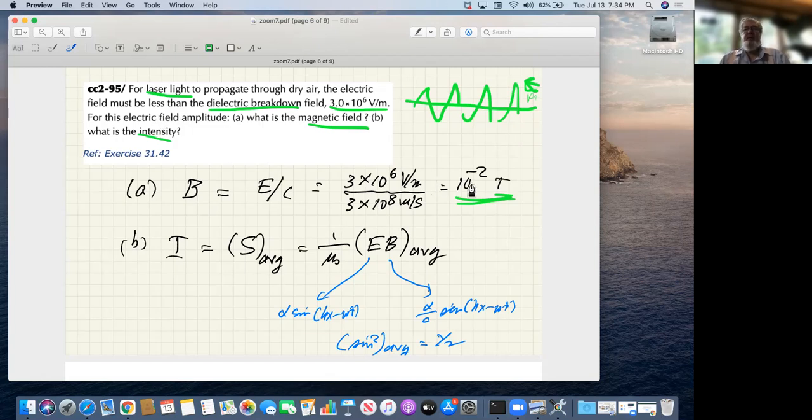B max is 10 to the minus 2. So, it's going to be something like 1,000 watts per square meter. Intensity is power per unit area. So the unit of area will be square meters. The unit of power will be watts. So, I have here 10 to the 6. I have here 10 to the minus 2. So it's going to be something on the order of,